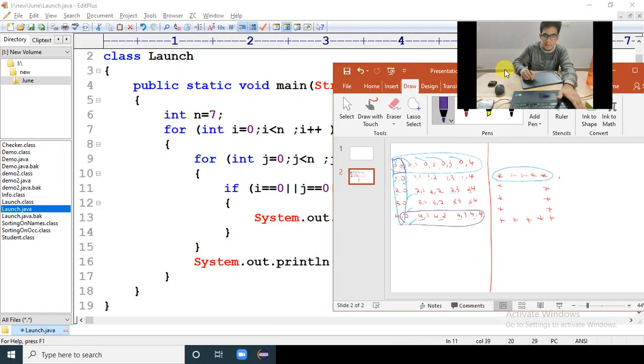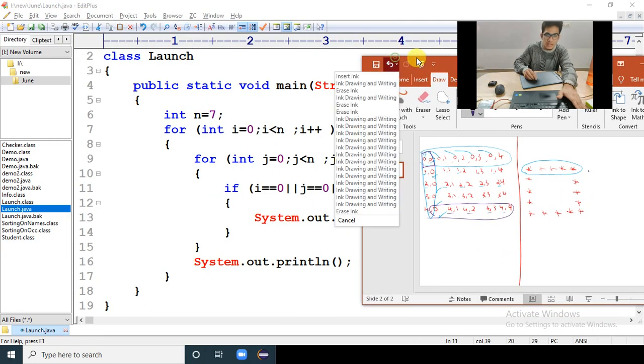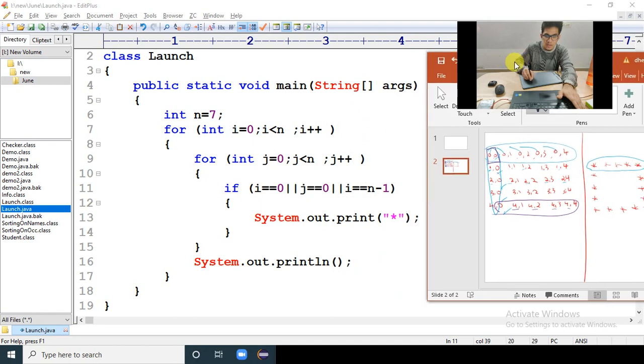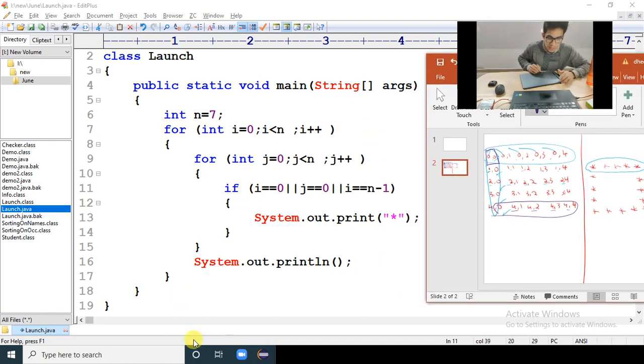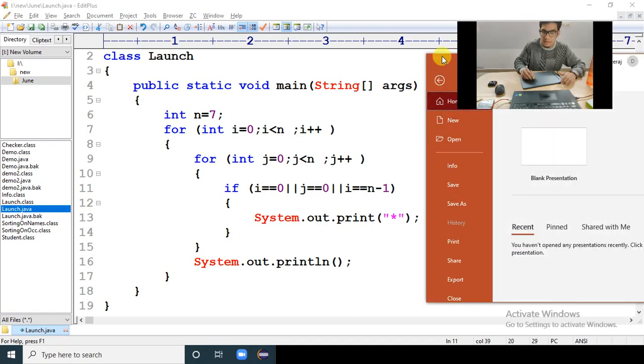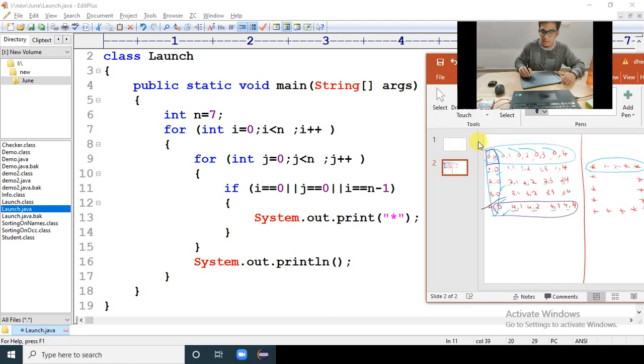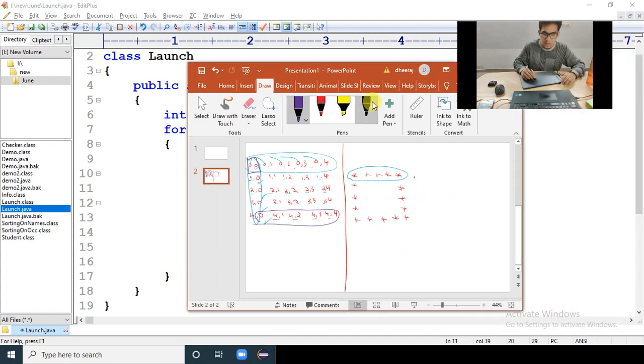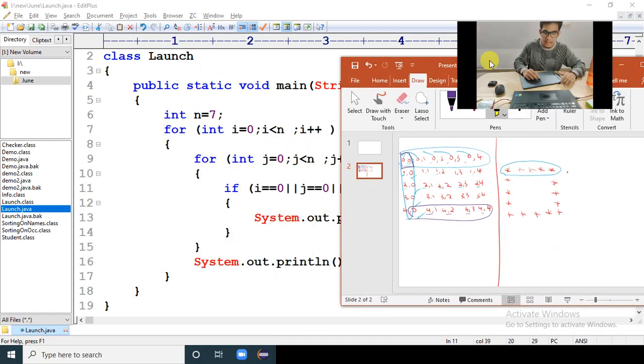So this is the thought process which everyone is having now. I'll be changing this color. Just a minute. Okay. So yes, I want a highlighter here so that I can show it to you more clearly.